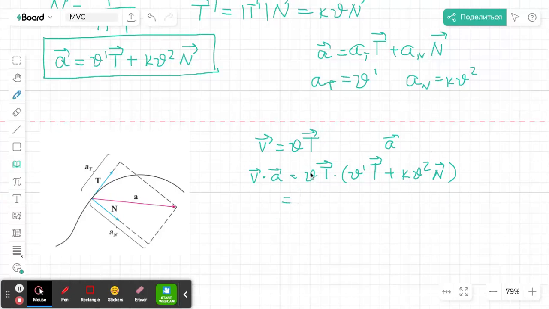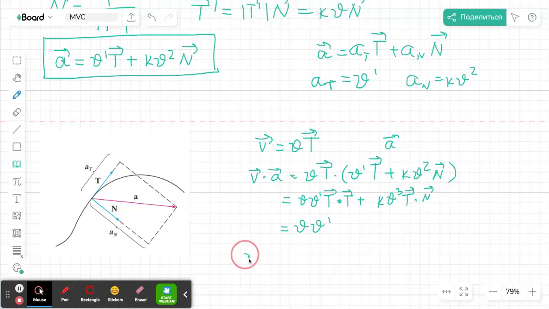And now we're going to distribute. So epsilon times epsilon prime, those are coefficients, or scalars. And then we have T dot T, plus kappa epsilon cubed times T dot N. Now remember, T dot N, those are perpendicular, so this whole thing is going to be equal to 0. T dot T is going to be equal to 1, because remember, it's a unit vector. So we end up with epsilon prime,